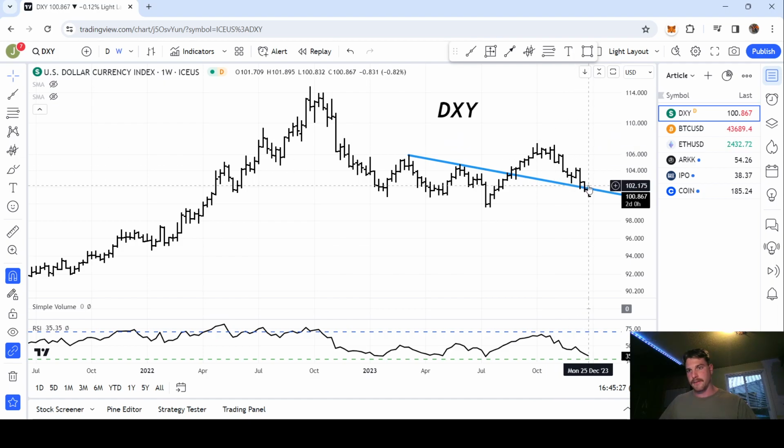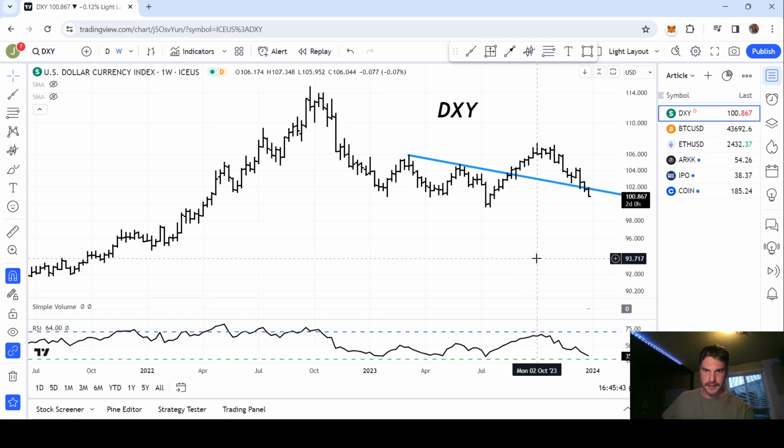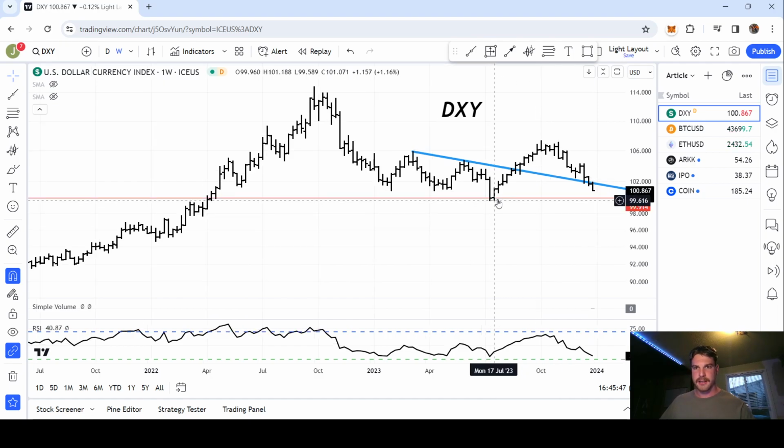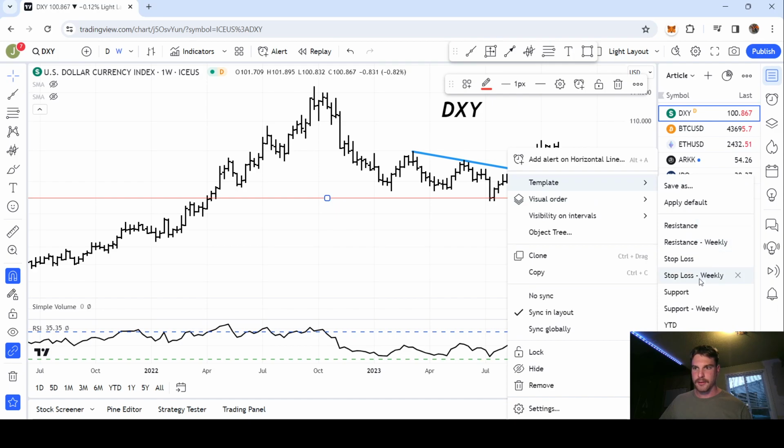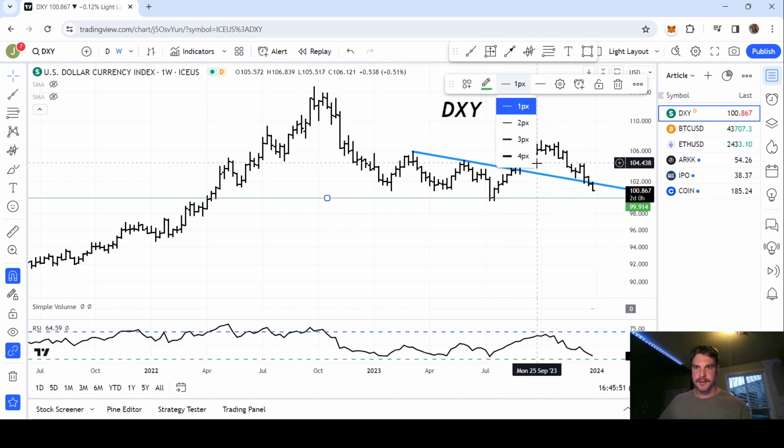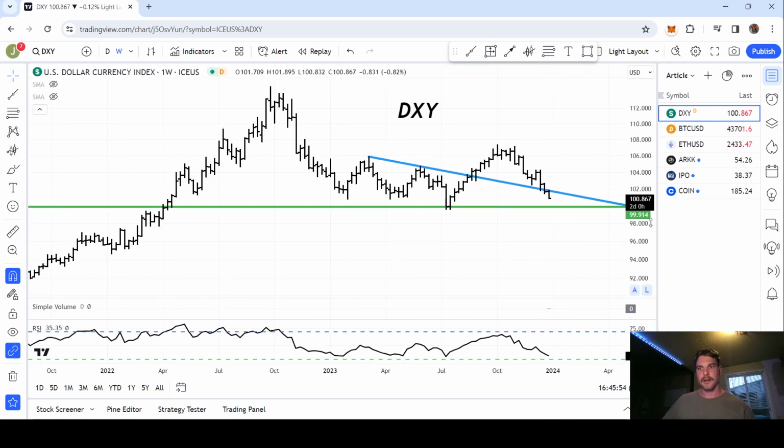because the dollar is falling below this kind of key support level here, it's going to let you know that there's a very high chance that we're going to continue to see an equities rip through at least January, as long as the dollar can stay in a downtrend. What we really want to see this chart do here is we want to see price come into, let's call it this 90, let's call it 100, 99.91 level. And we want to see it crash right through there.